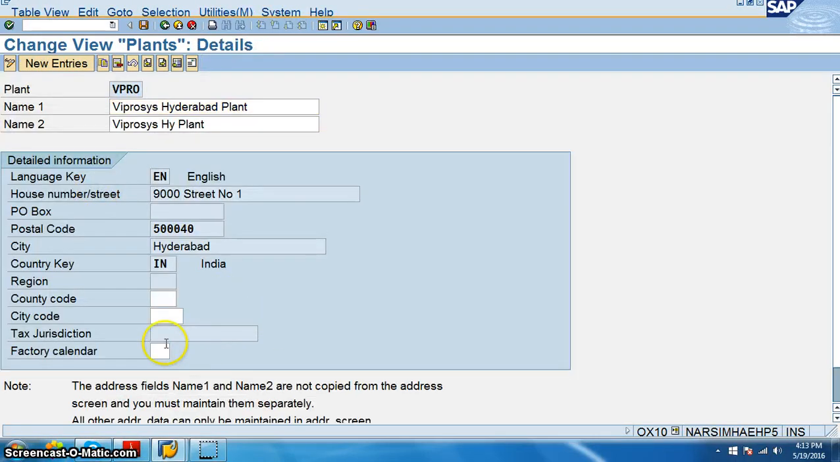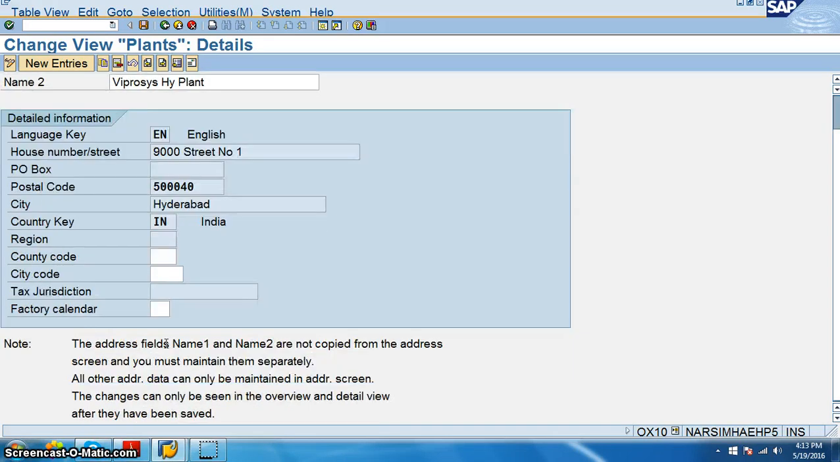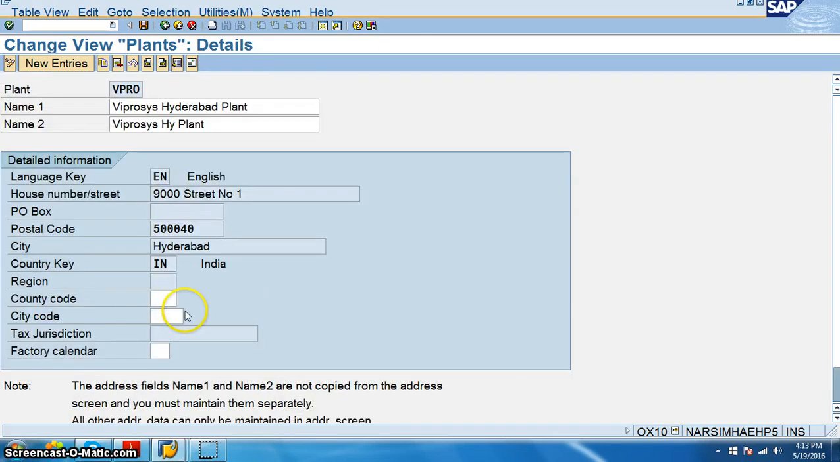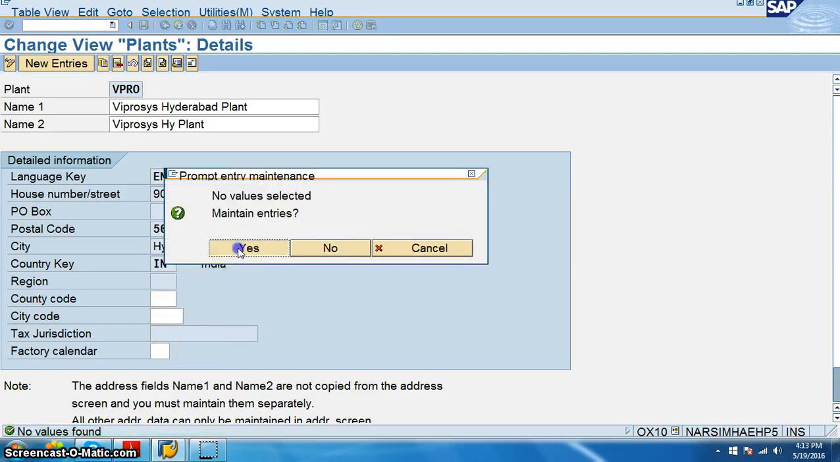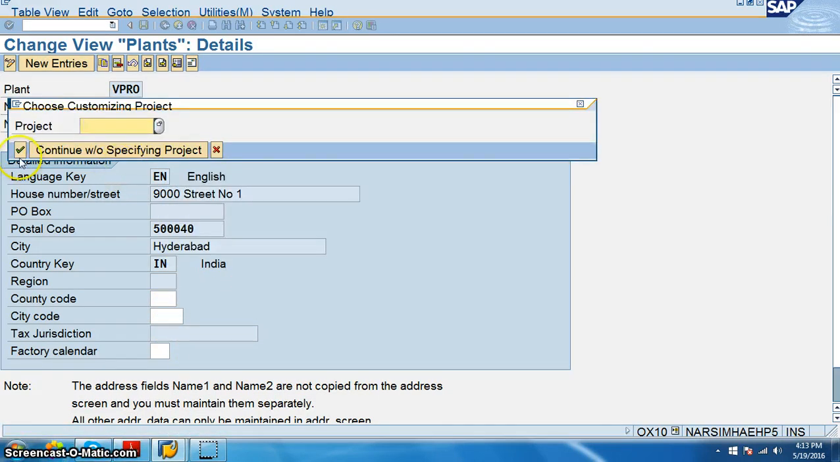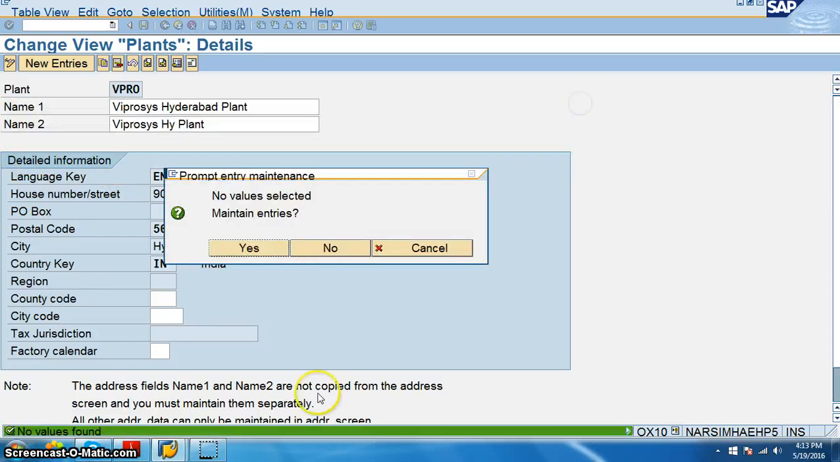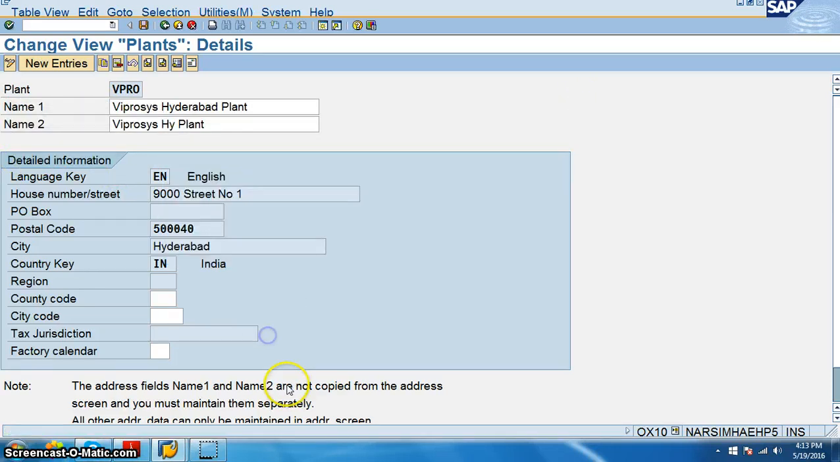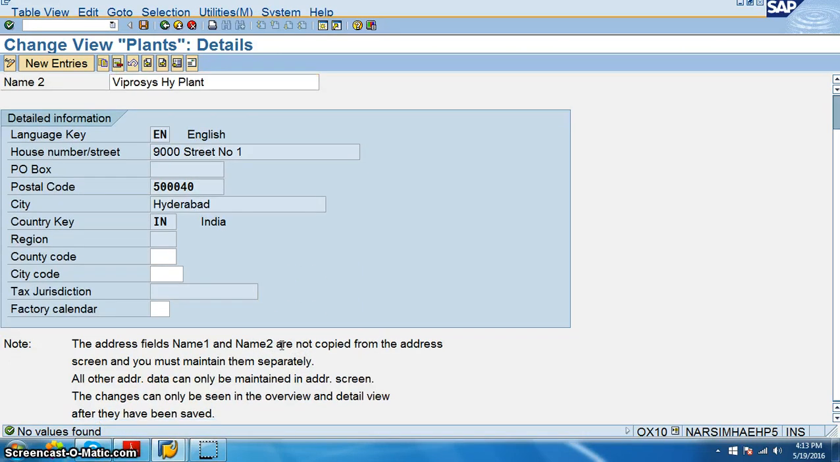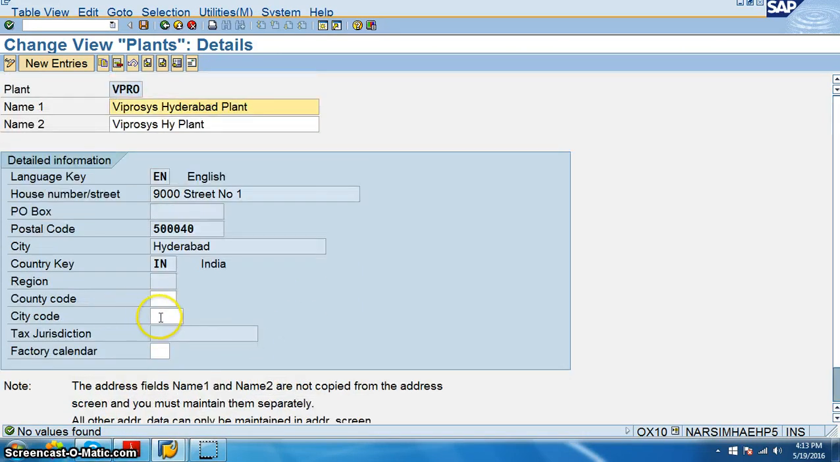So here we have the tax certification and a calendar year. Here, country code we can give. We have the tax certification here. So once we assign the country code,